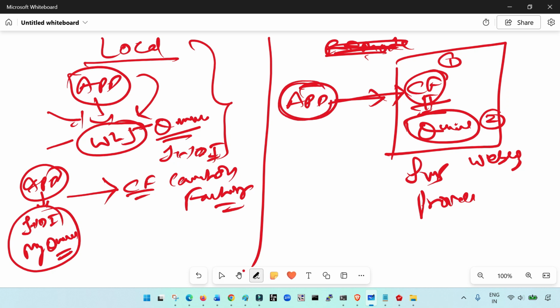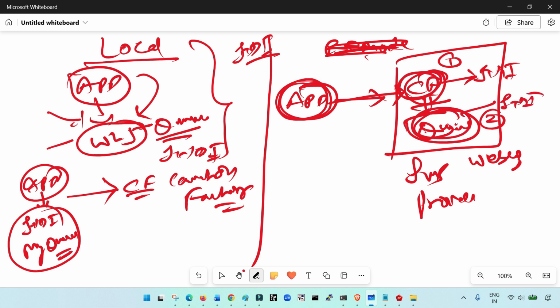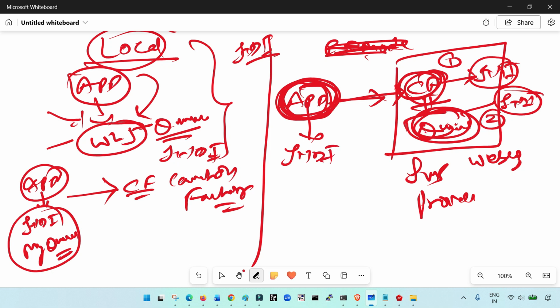And your application always looks for the resources with the help of JNDI. So that means you will have a JNDI for your connection factory and a JNDI for your queue, both, right? So if it is local, that means it's a communication within the same domain, where the application is looking for some queue. So your application will go to the JNDI of the connection factory and then it will go to the JNDI of your queue,